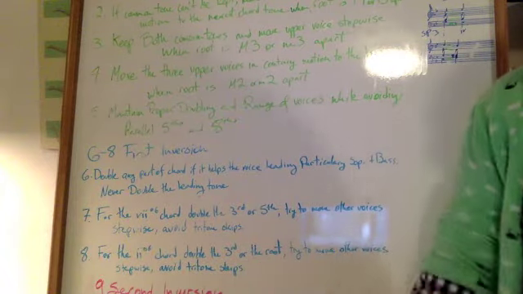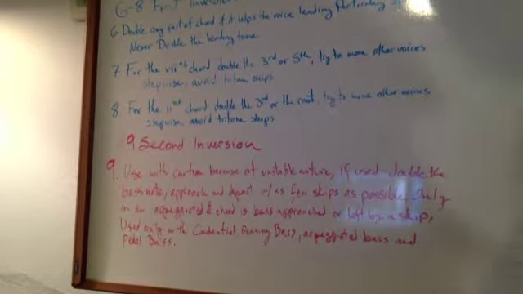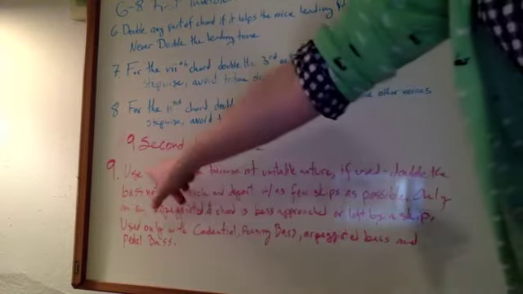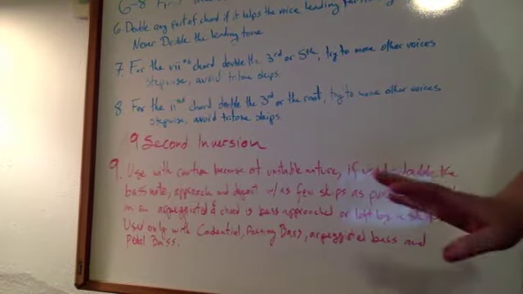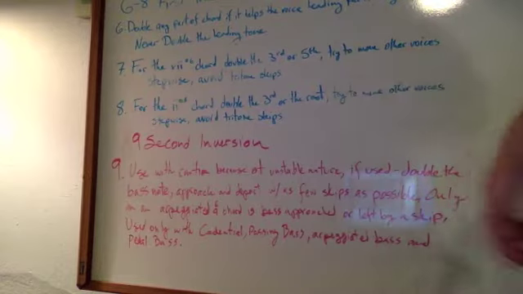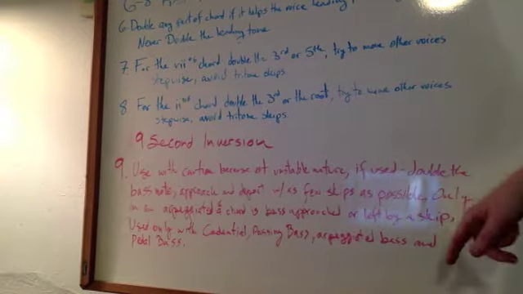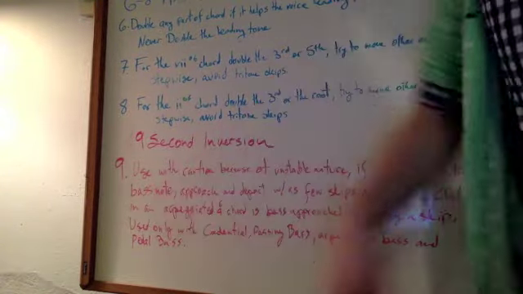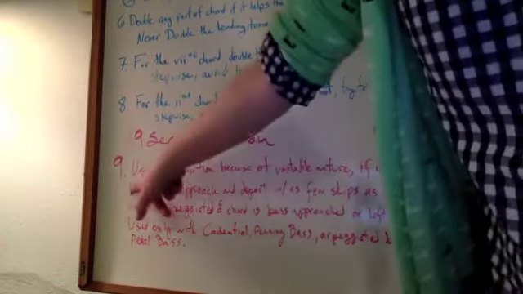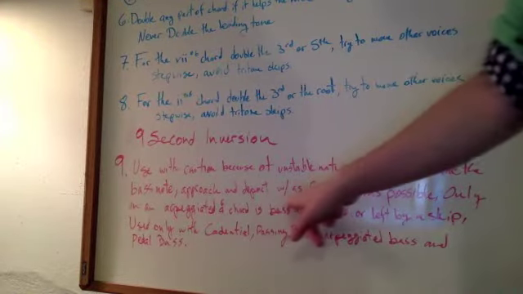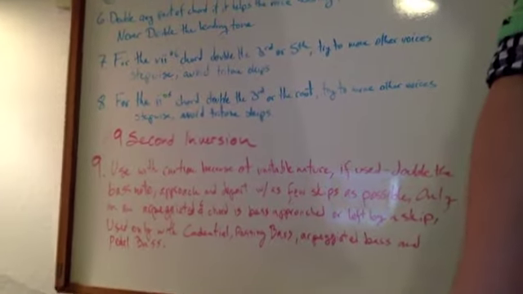All right? Now, last but not least, when we're dealing with second inversion, keep shrinking this down. This is a little bit longer. So you're going to use it with caution, all right? So you use second inversion in general with caution because it is unstable. It's very unstable in its very nature. If you do use it, you're going to double the bass note, whatever the bass note is, which is technically the fifth, if it's in second inversion, right? So the bass note is going to be doubled, and you're going to approach and depart with as few skips as possible. So approach and depart with stepwise motion for all of the other voices,